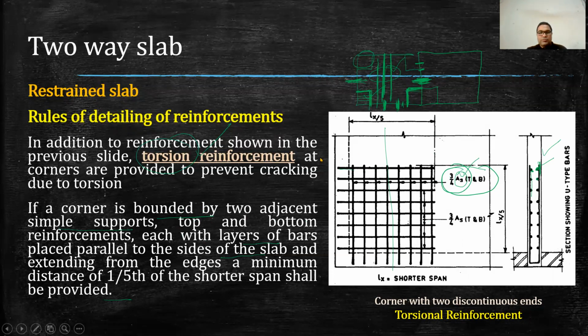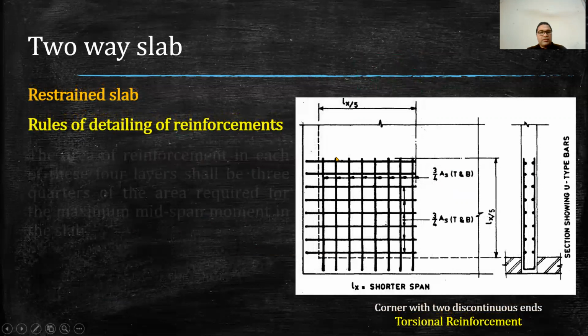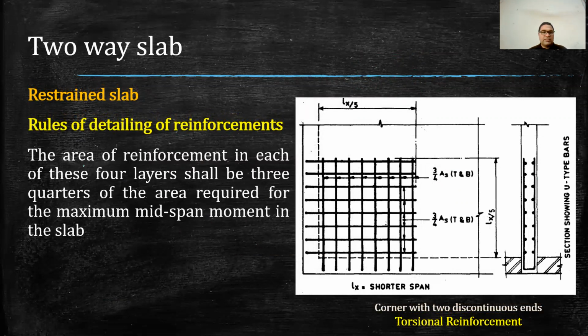Similarly, now, as I have mentioned, the area of reinforcement in each of these four layers shall be 3/4 of the area required for maximum midspan moment in the slab. So as I have explained about this,